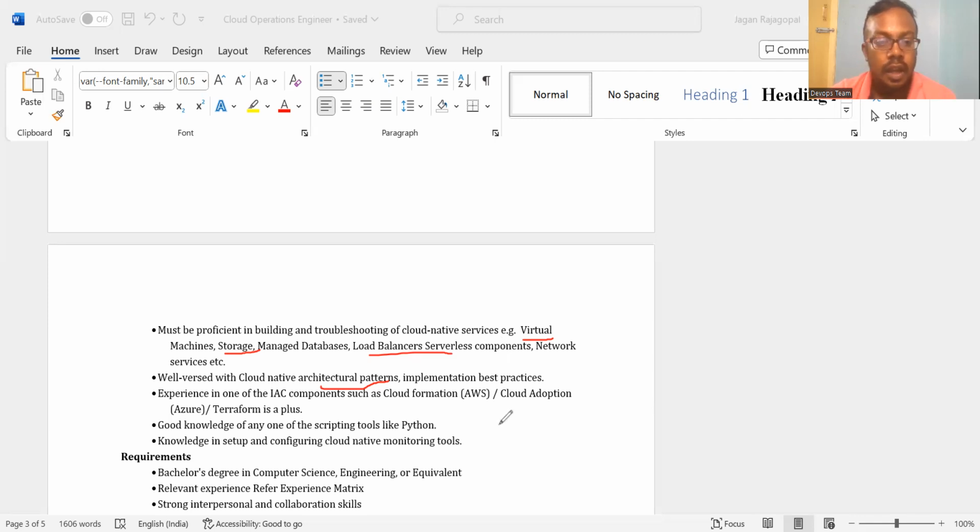Here they are also asking for CloudFormation or Terraform, which is infrastructure as code. In earlier days, we provisioned manually by clicking in the console. But if you want to automate this process, the DevOps or some other team might have already automated it, so you need to do some tweaking and integrate it. You should know the basic idea of what CloudFormation and Terraform are, how to change the code, and how to deploy it. That is more important.